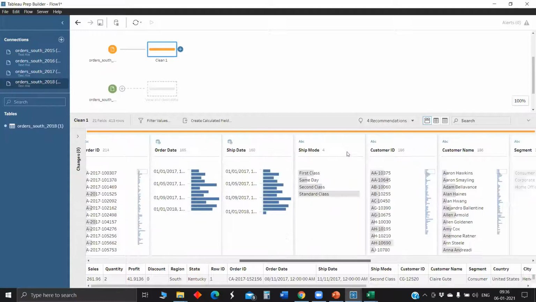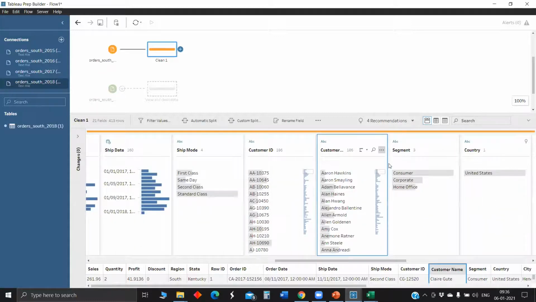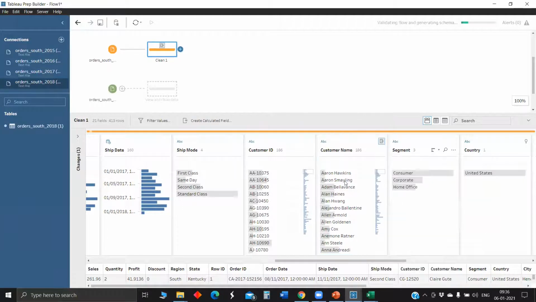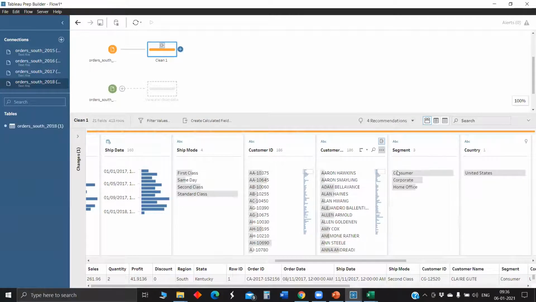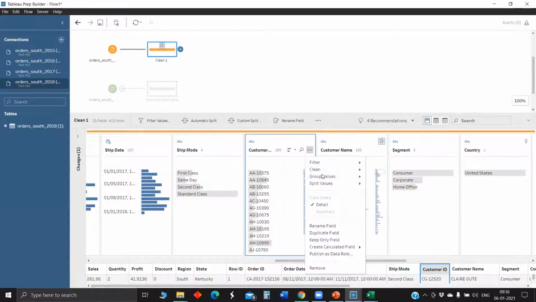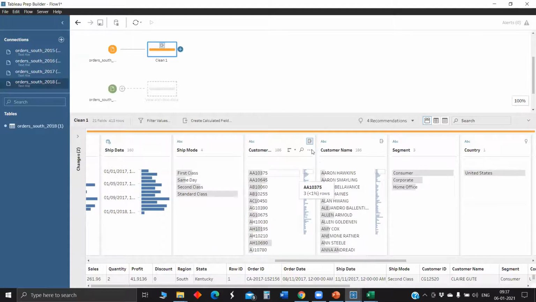Here in a string field, we do have a lot of options under Clean. If you would like to make it uppercase directly, if you click, all the names will be converted to uppercase, and lowercase same as well. Maybe here in customer ID, if you see, there are numbers, letters, and punctuations as well. In case you would like to remove punctuation, click Clean and Remove Punctuation, and the hyphen will be removed.